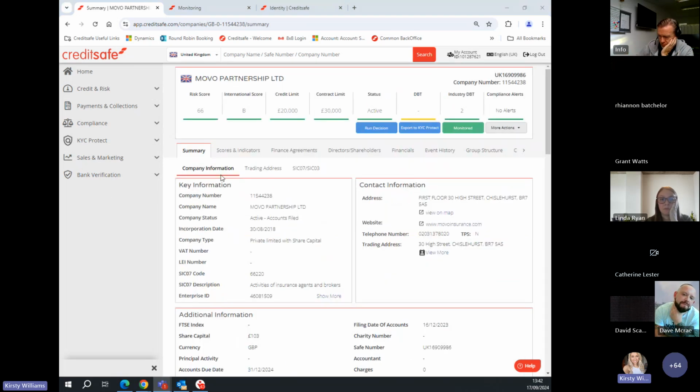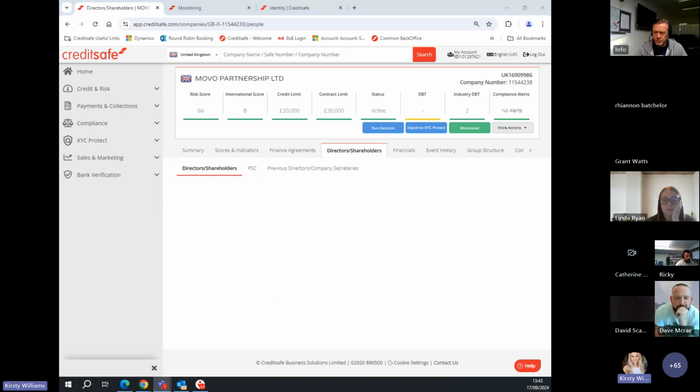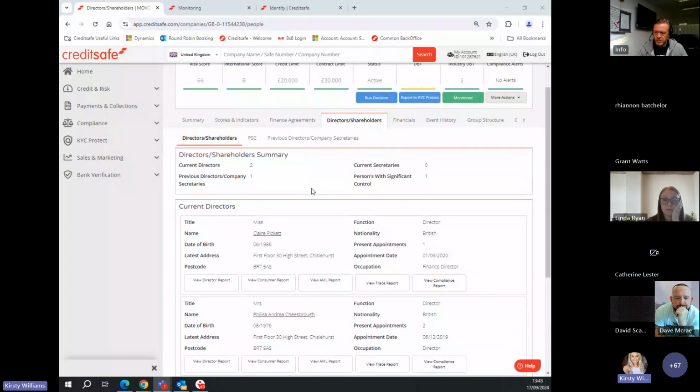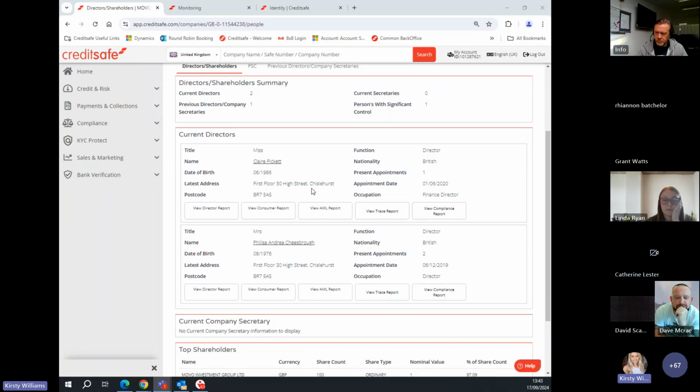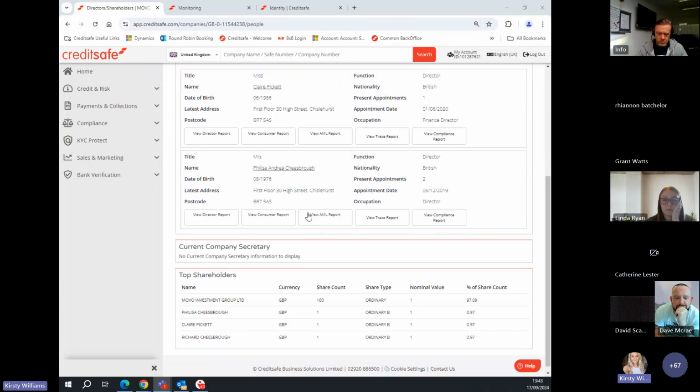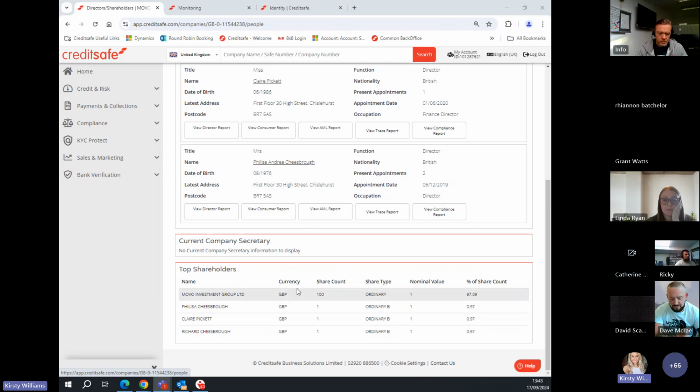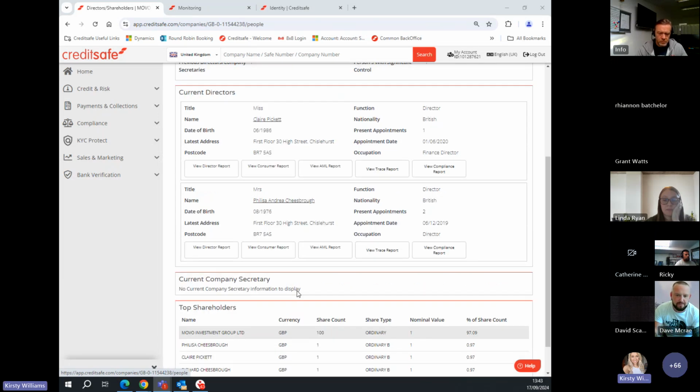The next tab that you guys will have access to, so you won't have access to the financial agreements, but you will see that within your logins. If you did try to click into it, it would just say that it's not available. But with the directors, this one shows you who the current directors are, the secretaries, and also the top shareholders. And with the directors, you are able to click into their name to be able to see potentially other companies that they are involved in,